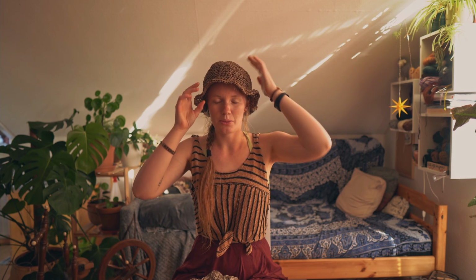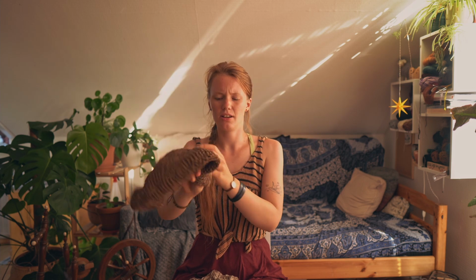So yes, today I want to share some projects that I've knit in the last couple of weeks, and maybe we just start with what I'm wearing. I think if you saw my previous podcast, you've seen this hat already, and I've been wearing it a lot since then. I crocheted this hat, and it's in a Rafa